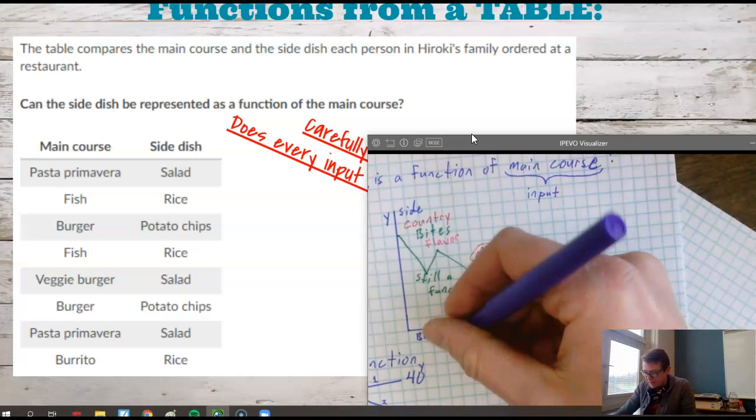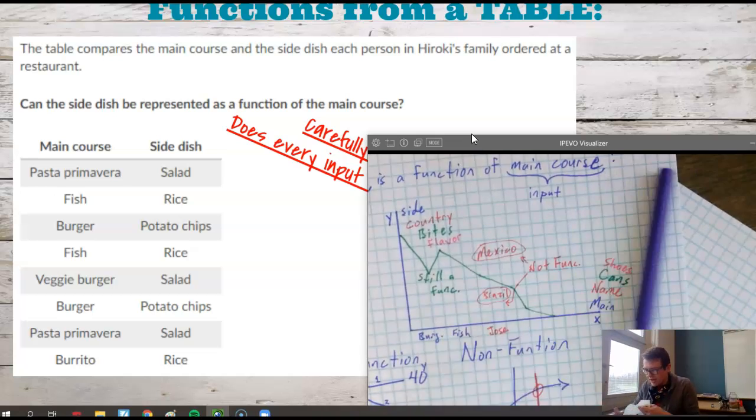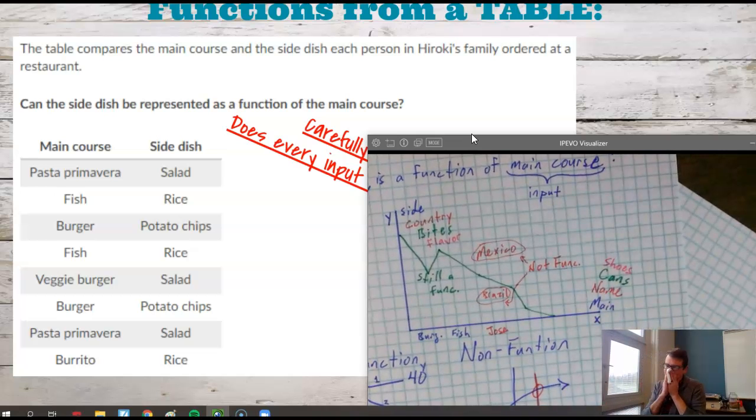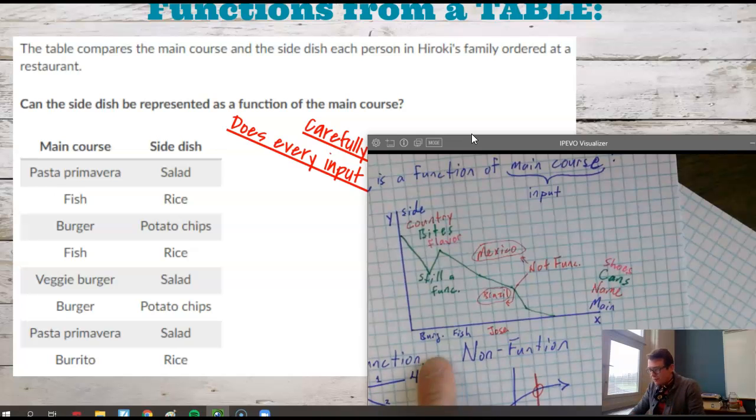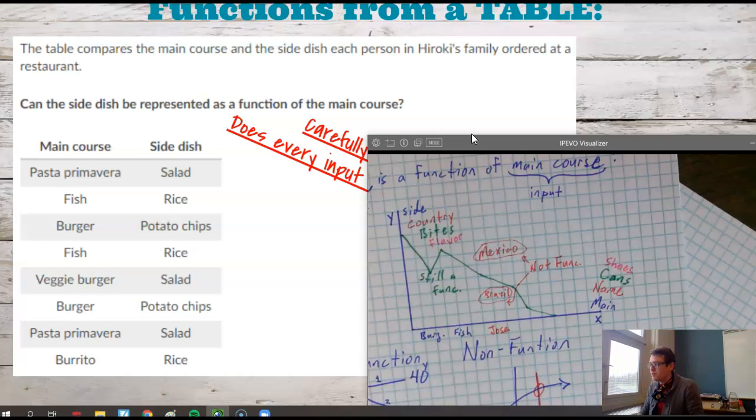If I wrote down fish, what output would fish have? Rice. Now really, I think they need French fries, because fish and chips, come on. If we do this, every input would only go to one output. So last week, 2 days ago, feels like last week, we couldn't figure this out based off input and output. As long as you know that the main course is the input and the side dish is the output,